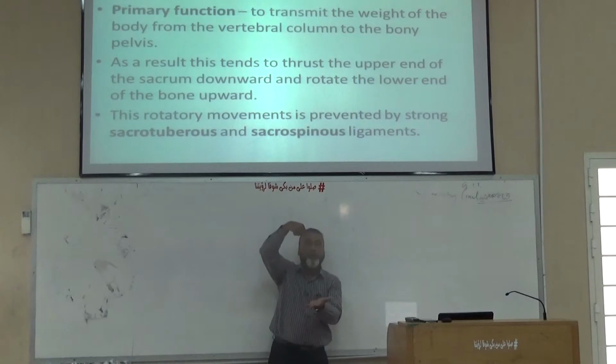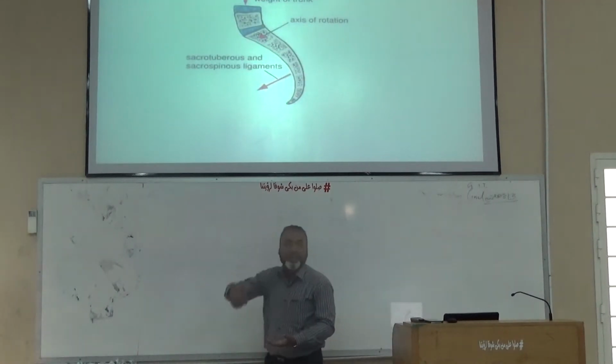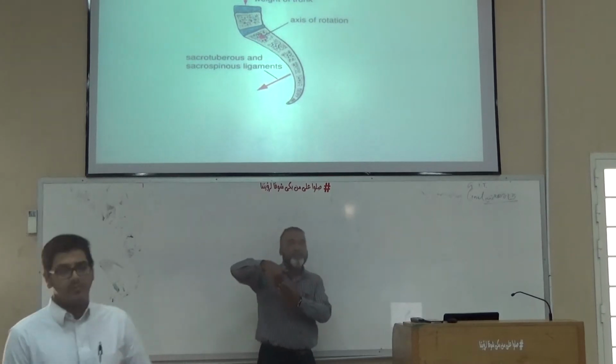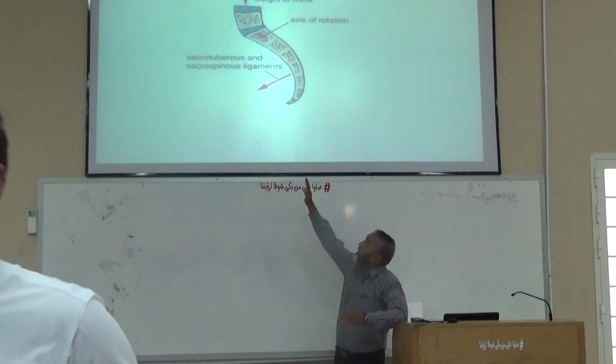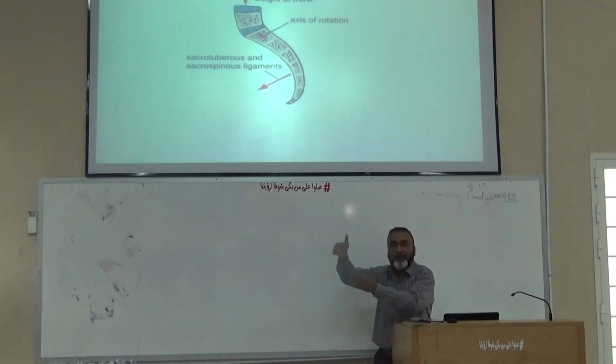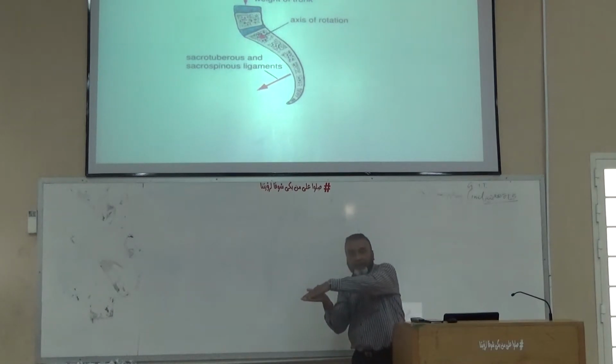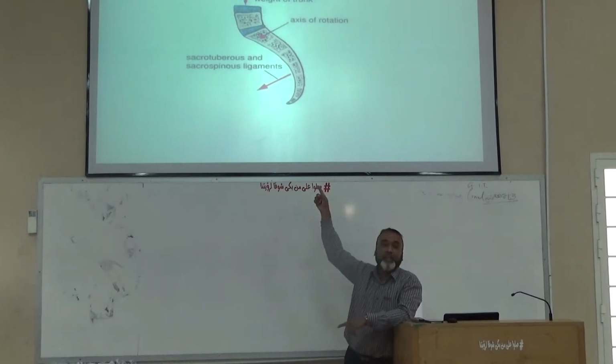Due to the increase in weight in the upper part of the body, the vertebral column exerts pressure on the sacrum, and the sacrum shows slight concavity. When the pressure is applied from above, it has to move slightly forward, as the arrow indicates.